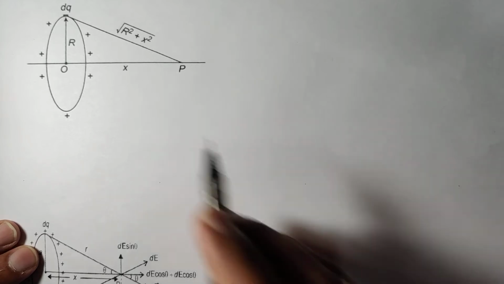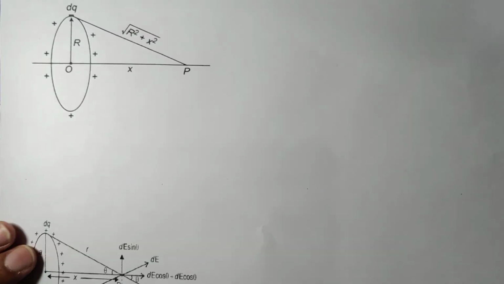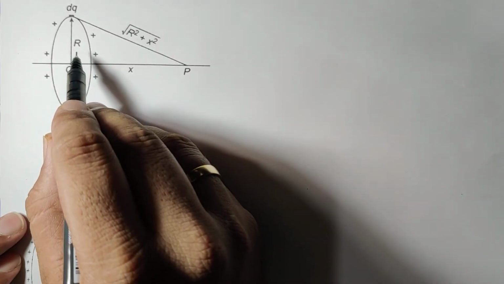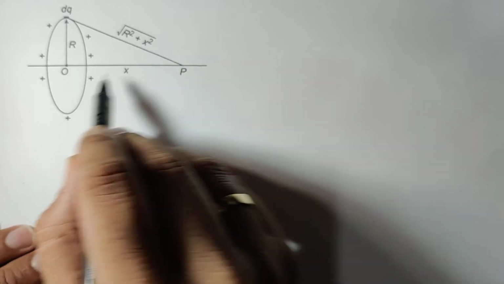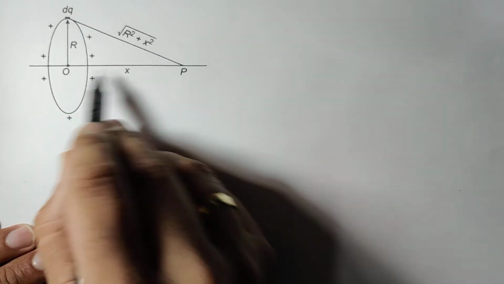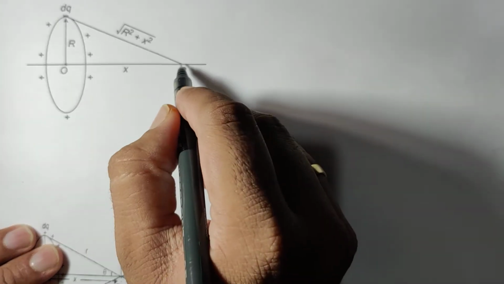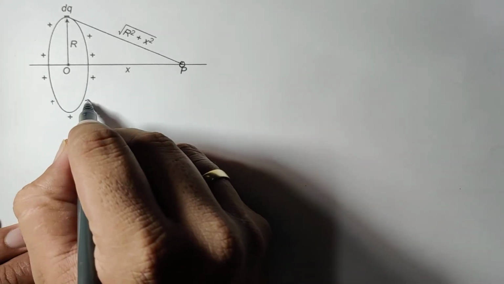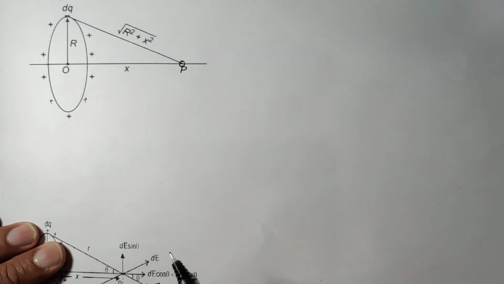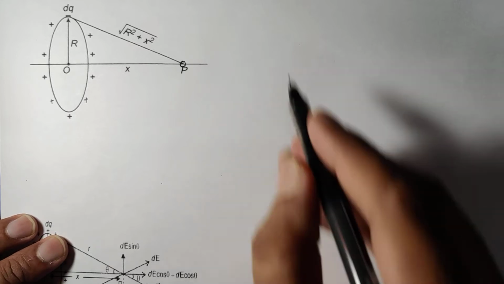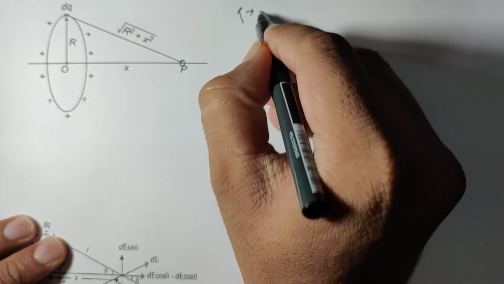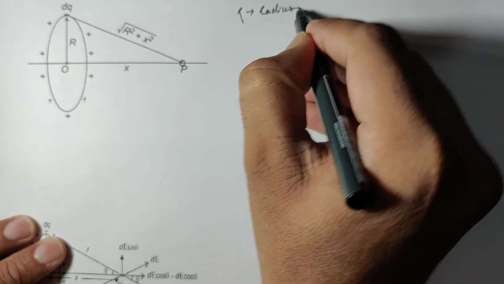First of all, suppose there is a charged ring, and the radius of the ring is R as shown in the diagram, and we have to find the potential at a distance x from its center on its axis, say at some point P. This whole ring is positively charged, maybe negatively charged, but we will consider in this situation that the ring is positively charged. Now capital R is nothing but the radius of the ring.